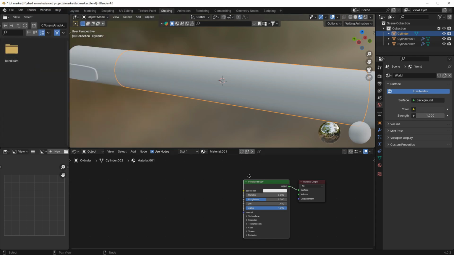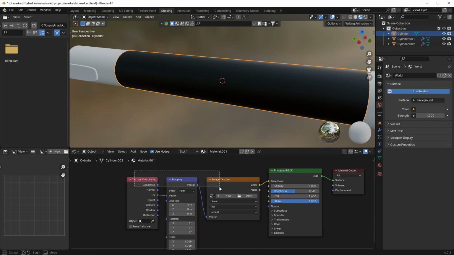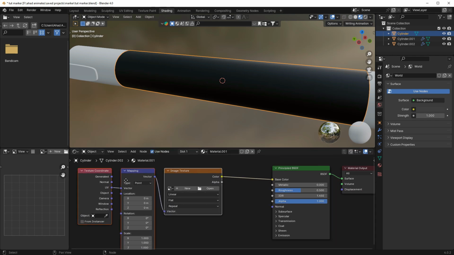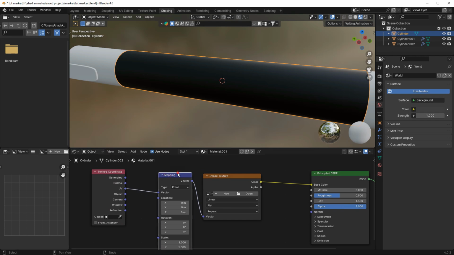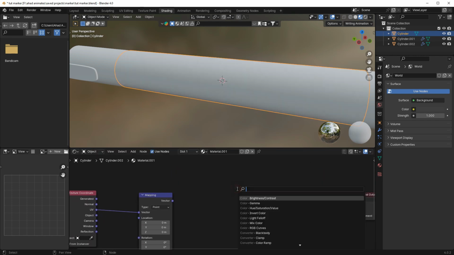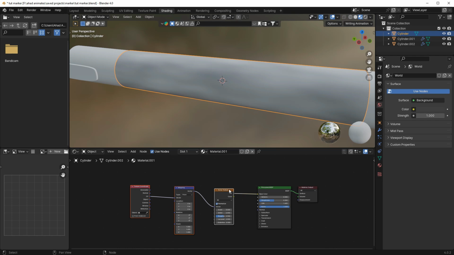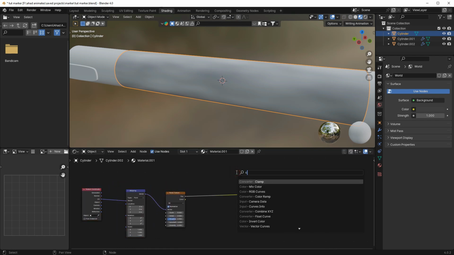Now if you select the Principled BSDF and press Ctrl T, you can see we have 3 nodes: a texture coordinate, mapping, and then image texture. So yeah, I'm gonna delete the image texture. I'm gonna press Shift A and add a noise texture, move it here, and then plug the vector into vector and then factor into base color, and I'm gonna add a color ramp